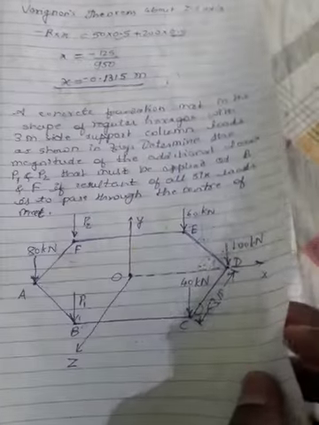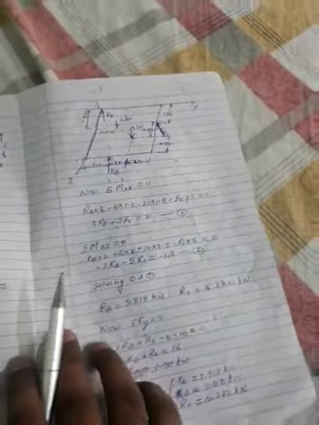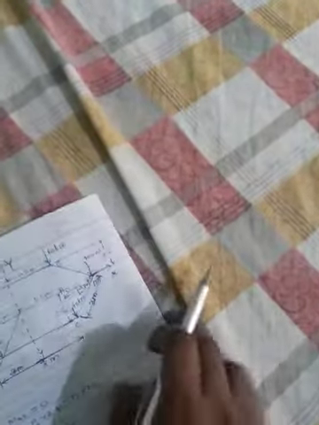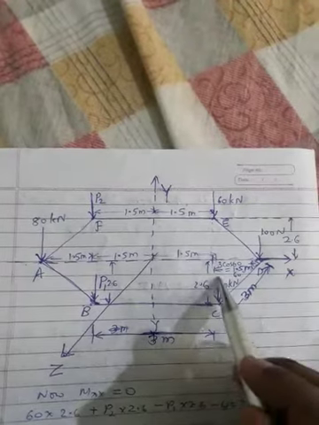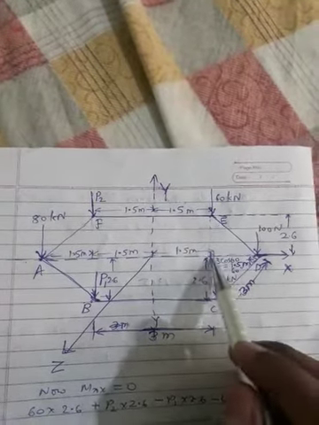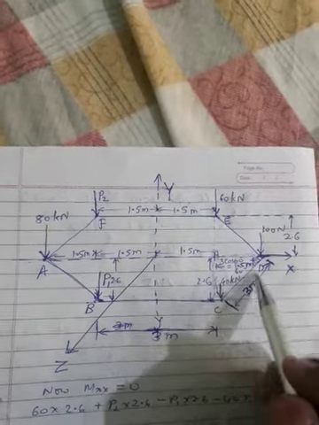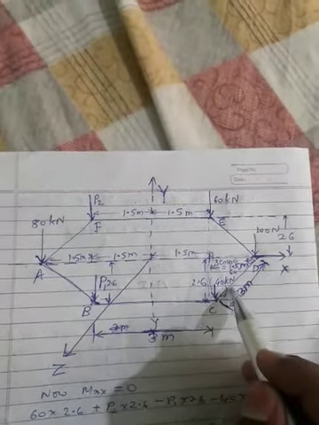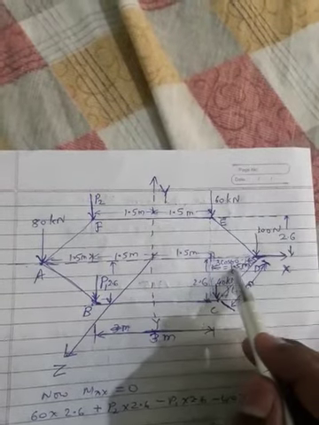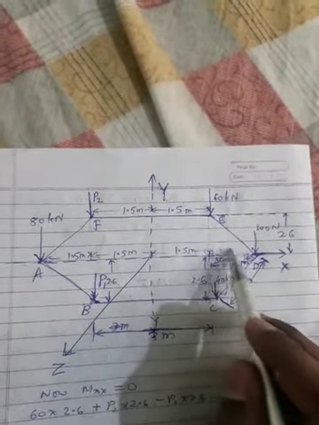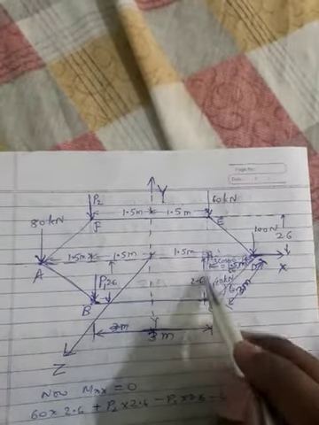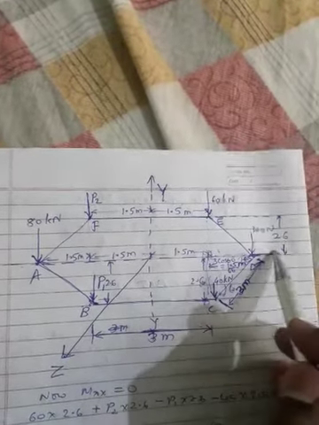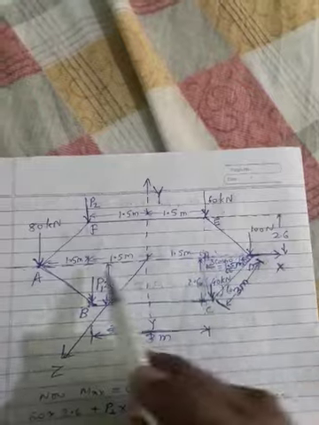So again in this case I am taking moments about the x and y axes. Here I have drawn the free body diagram for the hexagonal frame. While taking the moment I will require this vertical distance and this horizontal distance. Because this angle is 60 degrees, this will also become 60. Because of 60, this adjacent is 3 cos 60, which is nothing but 1.5 meters here. This is 3 sin 60, which means you will get 2.6 meters. So again this vertical will be 2.6, this is 1.5.